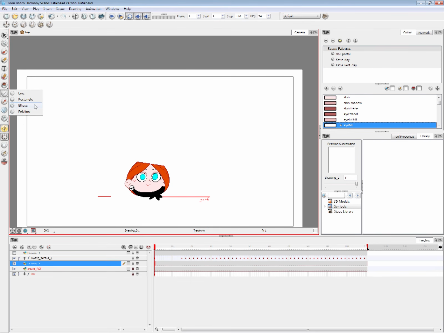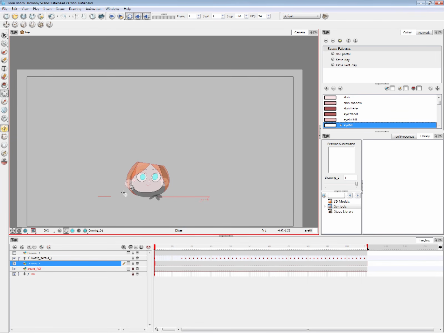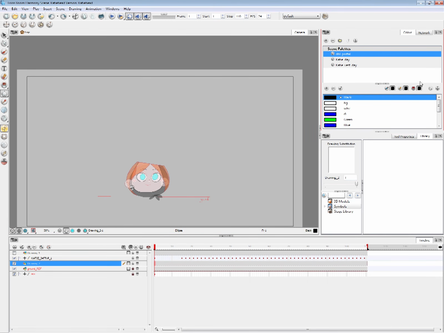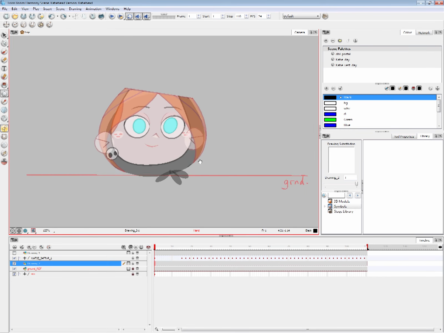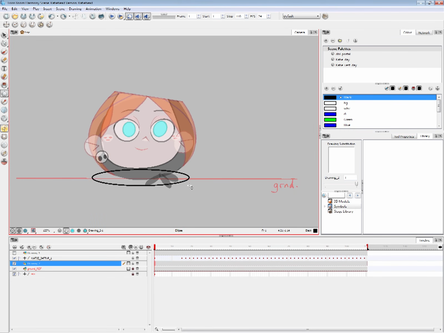I'm going to go into the ellipse tool and make a little ellipse. Let's select the color first. Or let's just do that. And then I'm going to fill it with something. I'm going to create a color, you just have to make sure you're in the correct palette. I don't want to mess with the KD palette down here, so I'm just going to use the scene palette.